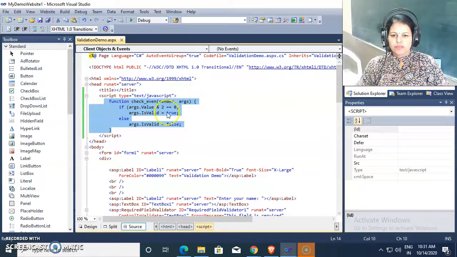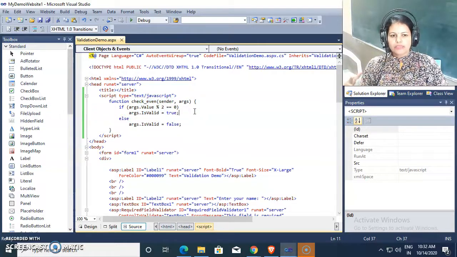I'm giving the example of even or not, but you may write whatever logic you need inside this function, as per your requirement. In real life we need to check other validations, so whatever code you want, you may write inside this function.